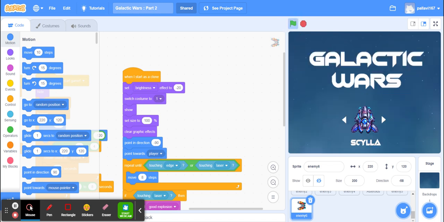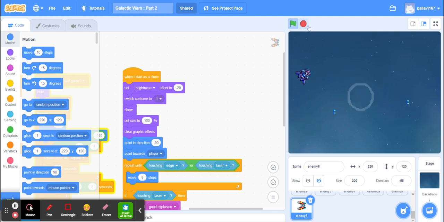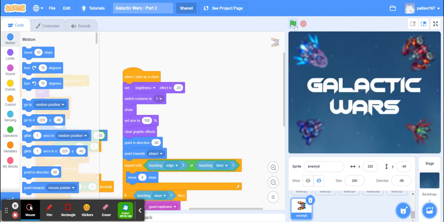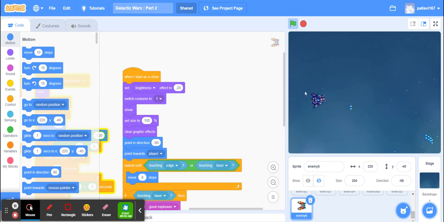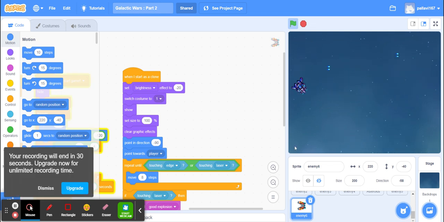So you can play this and test it out, see how each of these enemies are appearing, reappearing, or getting destroyed, and whether the asteroid works the way we want it to. It could be any of these enemies, doesn't have to be the exact same one.